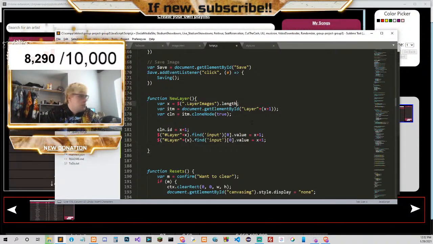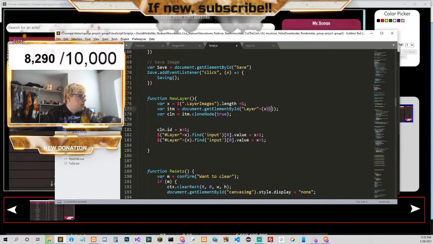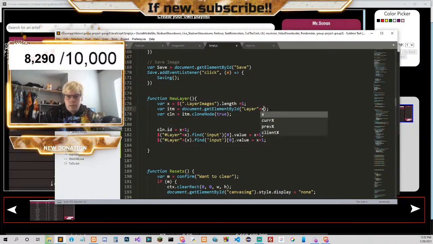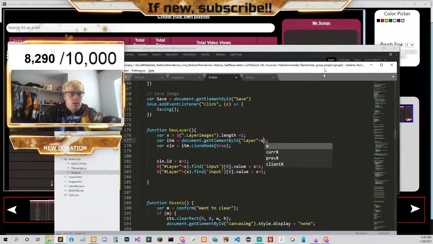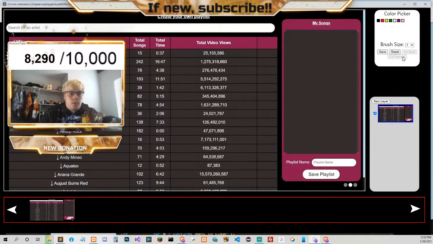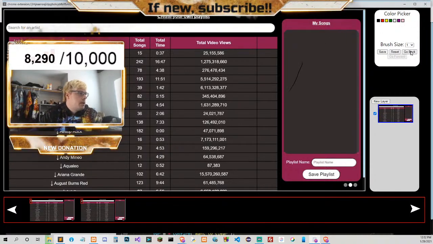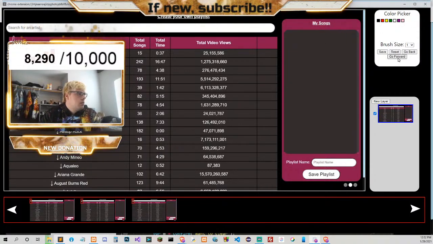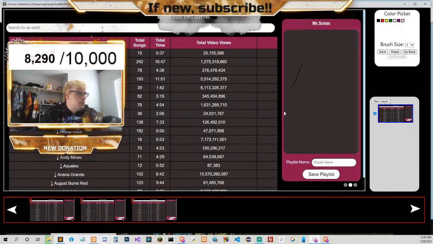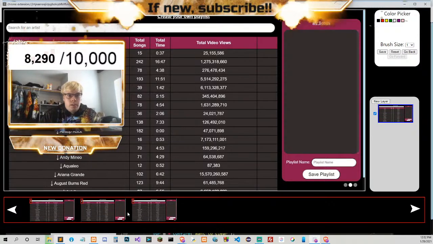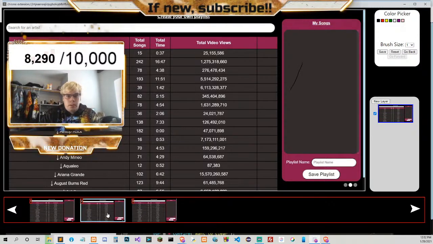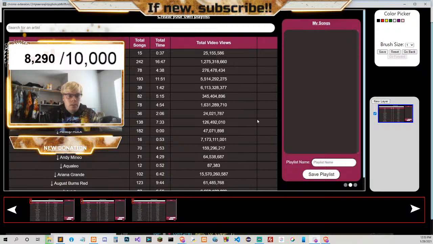Let me just do this. So then I can just create this into X. How far have you done? So I fixed the back and forth. Like you can draw and go back. I fixed that. I added a layers thing down here, so you can go reference back to it. That's pretty much all I've done.